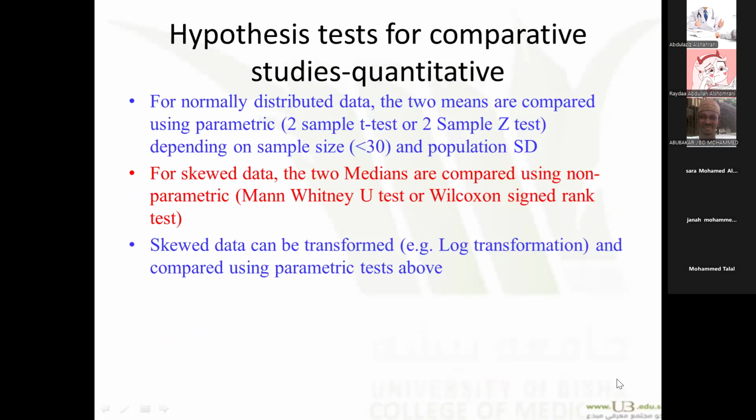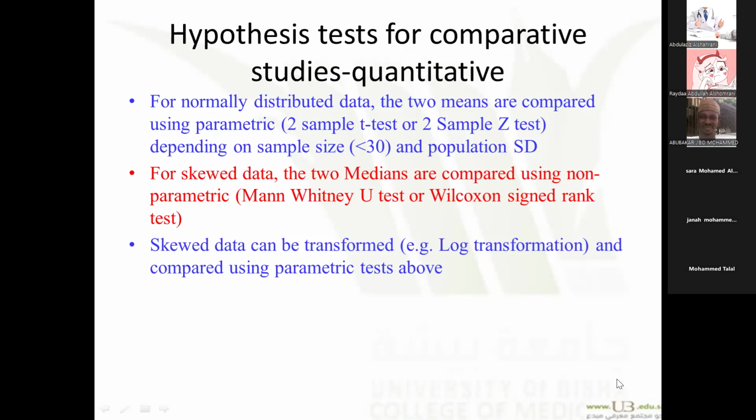You have two study groups, let's say cases and control, or those who have had intervention and those who have not had it, and you want to test a hypothesis. What do you do? For normally distributed data,